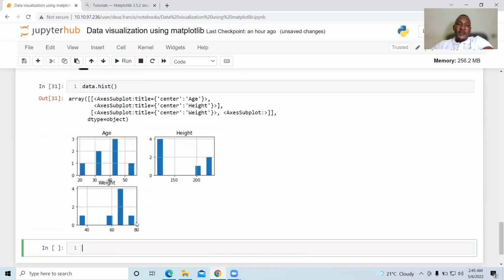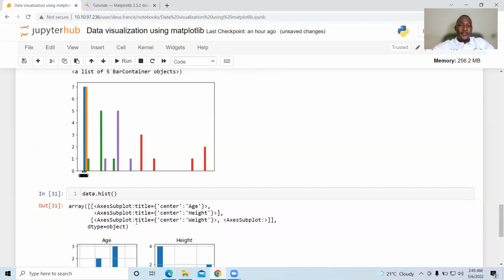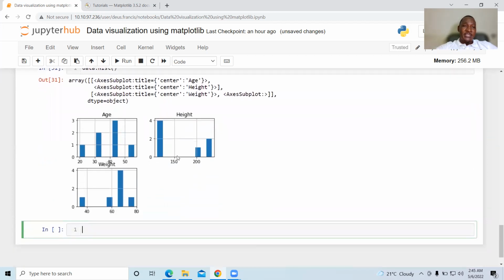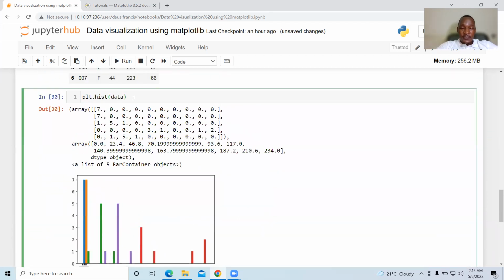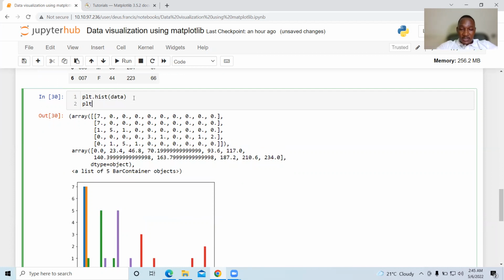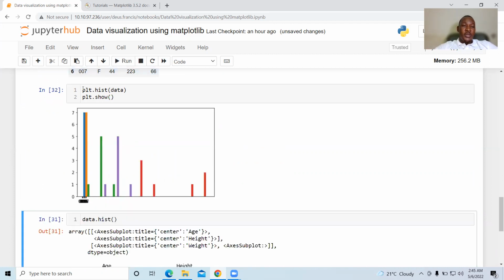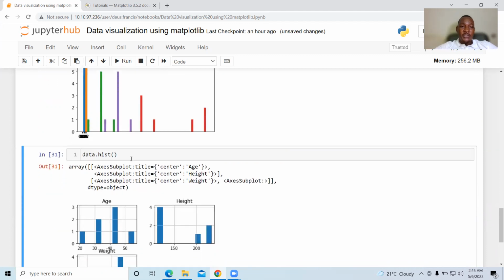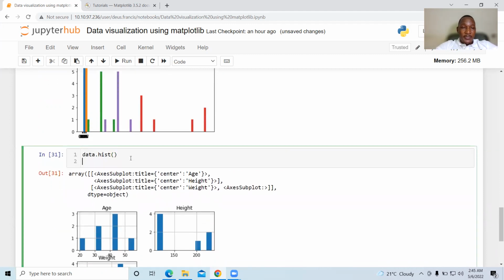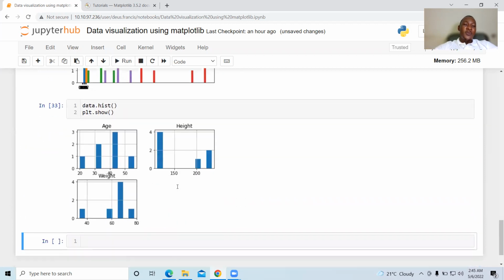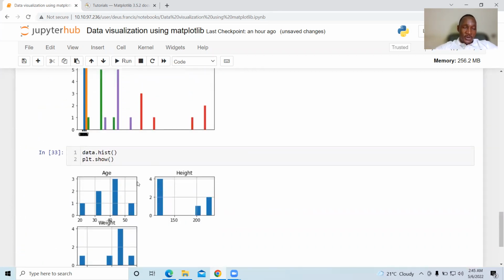So for this one, the first one gives you a kind of a bar graph that shows you the distribution of all the numerical values, and the same applies here. Okay, I'll remove the noise here, sorry. I'll say plot, I can say show. Yeah, you can put the title here, you already know how to do it. Now, I'll come here, I'll say plot, at least show, so that it's not noisy. All right, so there is a difference between these two, but this one is the correct way to do it,